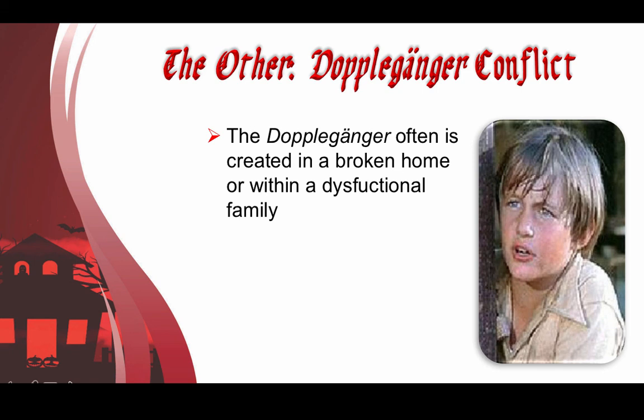And that leads us to the concept that in doppelganger literature, often the doppelganger and the creating character are in conflict. Weber tells us that the creating character is often the product of a broken home or a dysfunctional family, and that the situation in that home helps give rise to the creation of the doppelganger. The Perry family is clearly dysfunctional even before Holland dies, and that dysfunction simply increases on his death. From what we're told,